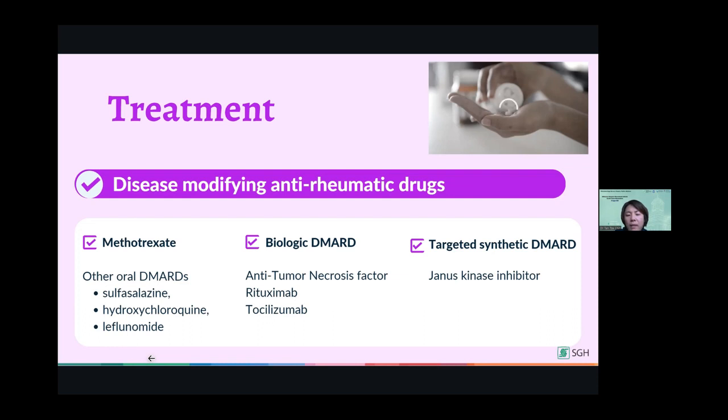Rheumatologists may also add steroids for a short period to decrease the inflammation during rheumatoid arthritis flares. Non-steroidal anti-inflammatory drugs or other pain medications can also help to reduce joint pain, but should only be used in combination with disease-modifying anti-rheumatic drugs. These pain medications, such as paracetamol or NSAIDs, do not prevent the joint damage. Therefore, they are not recommended for long-term single treatment.